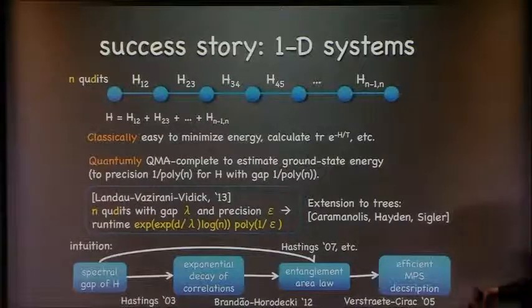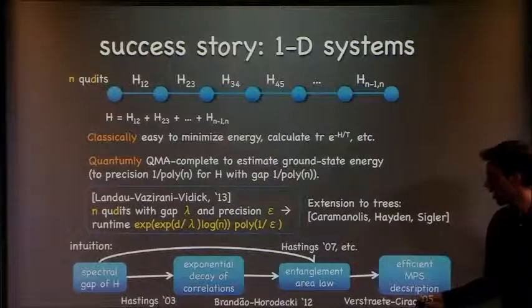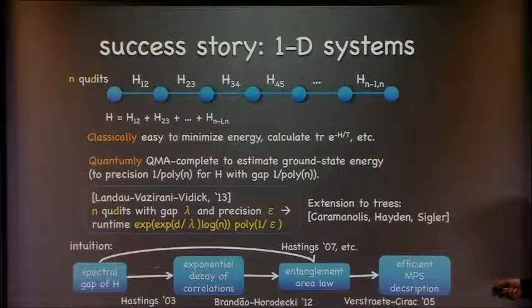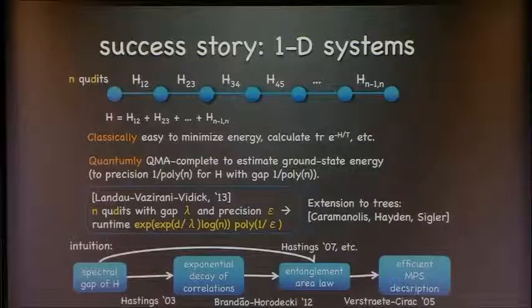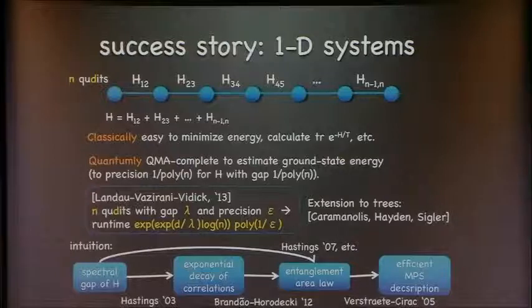And the history of this is a little bit confusing because Hastings first proved the area law kind of directly by using the spectral gap, and Brandao and Horodecki showed that these 2 steps could be decoupled. So there's kind of a confusing mix of conditions. But in general, if you want one takeaway here, it's that the arrows kind of go from left to right here. That the conditions on the left are sort of the prior ones, and towards the right are generally implied. Except I guess these 2 are equivalent. I should have made that last one bidirectional.